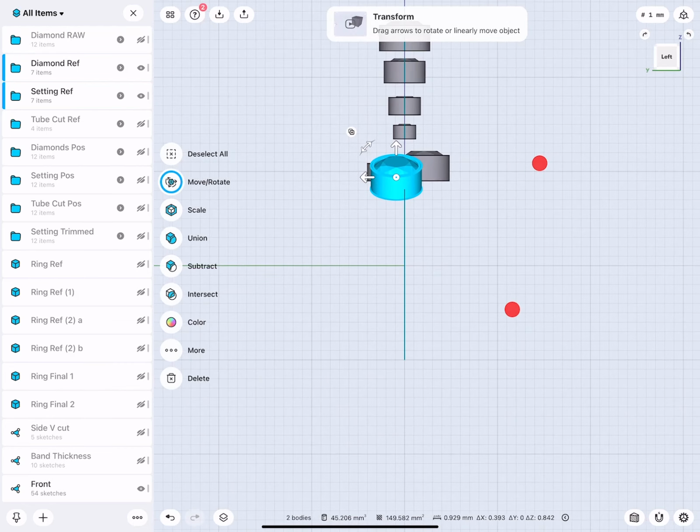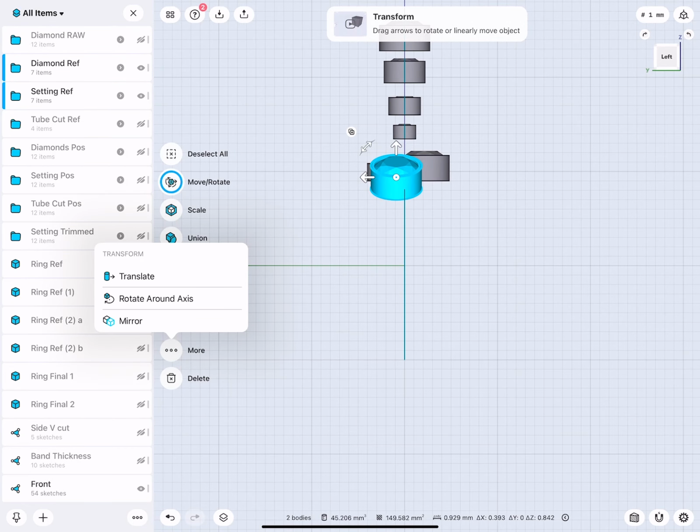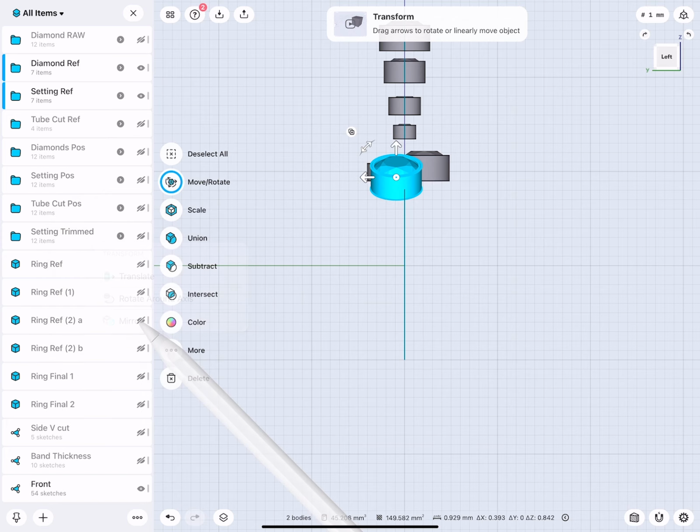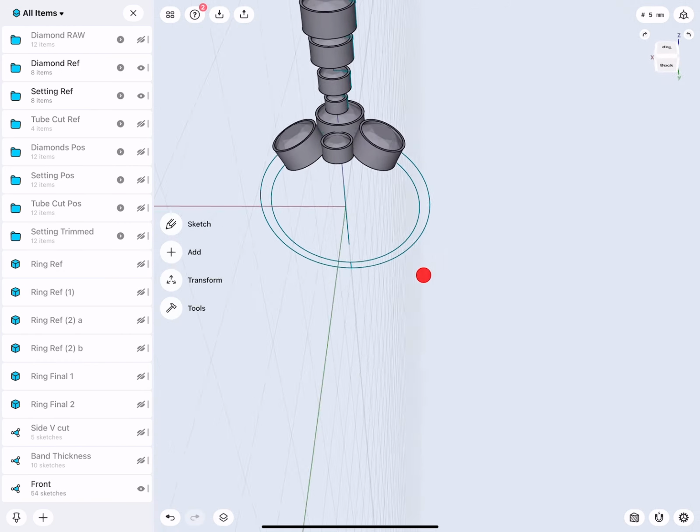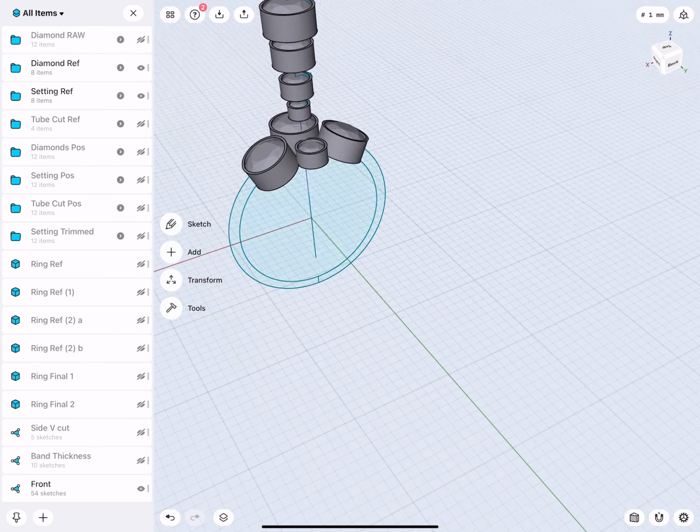to one of these views. So I'm looking perpendicular onto the other side where I would like to mirror this over. Let's tap the screen, done. There we are. Pretty good. So you don't have to do each side manually. You just work on half and then you mirror it over.